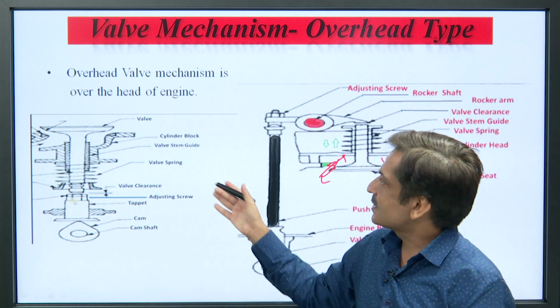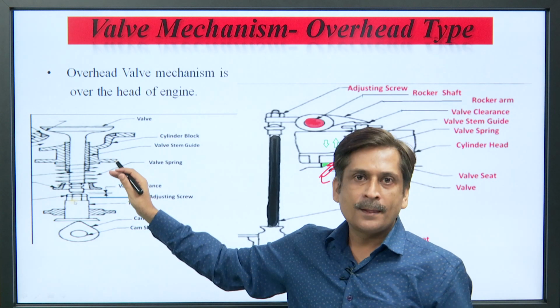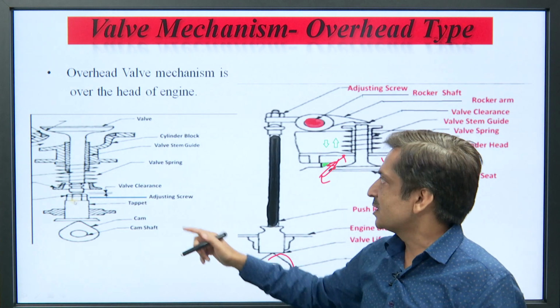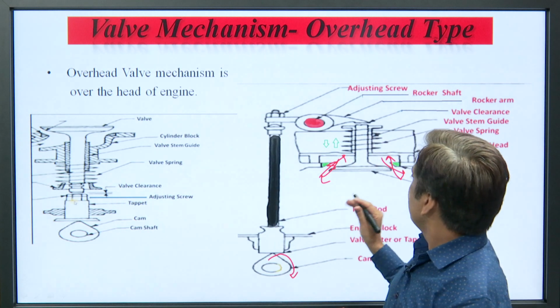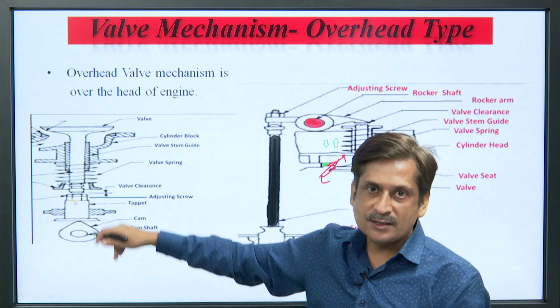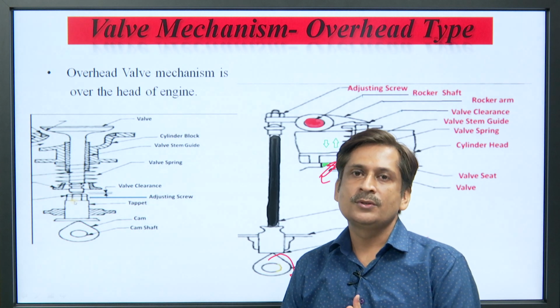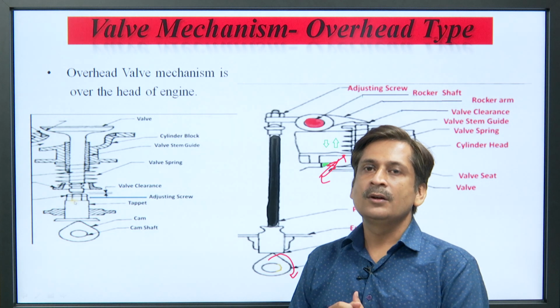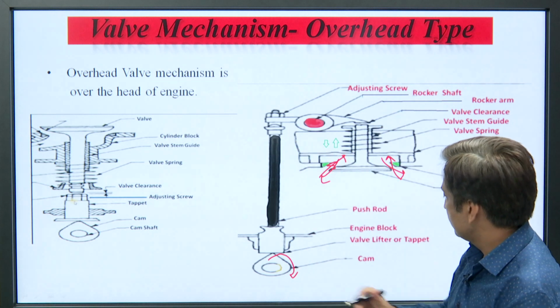And this is the side valve mechanism, installed in the block of the engine cylinder. It is not using any rocker arm here, you can see. So, we can also design a valve which does not have this type of arrangement.